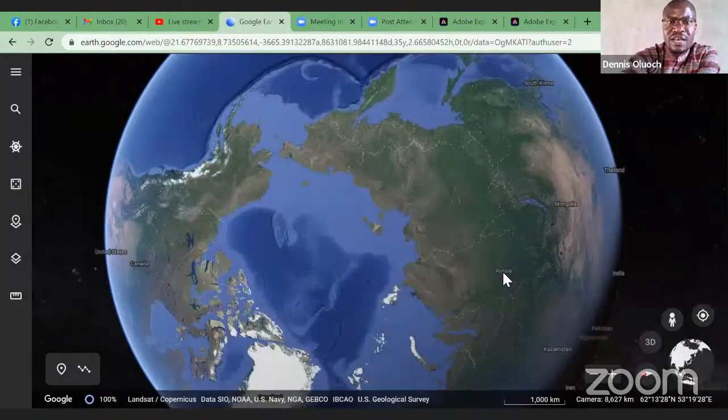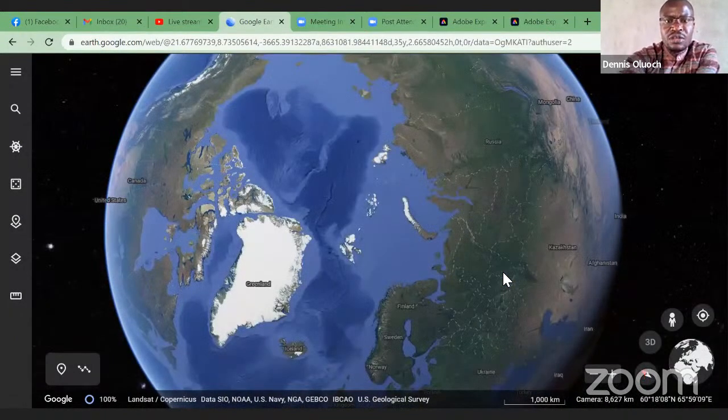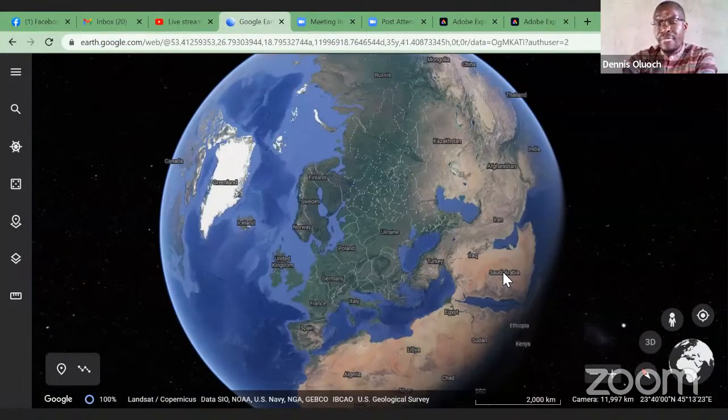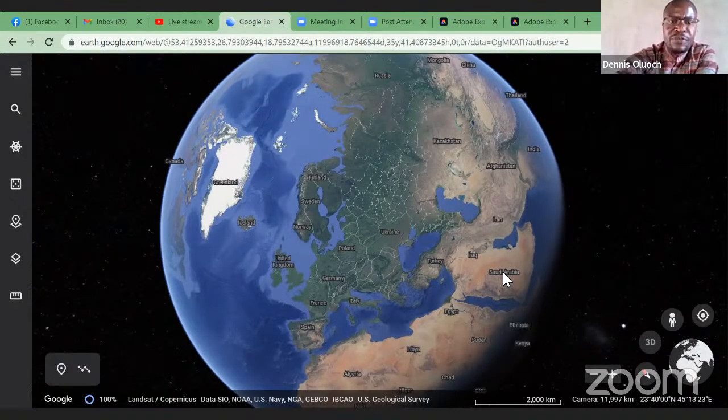I know there's a direct flight now, the KQ, but ideally, if you are going by Emirates, you'll first go to the UAE. If you are going by KQ, you'll go straight. So it's a long journey because of the distance, as you can see.